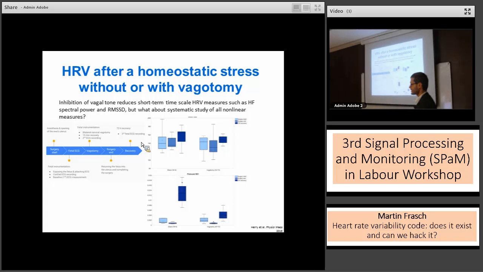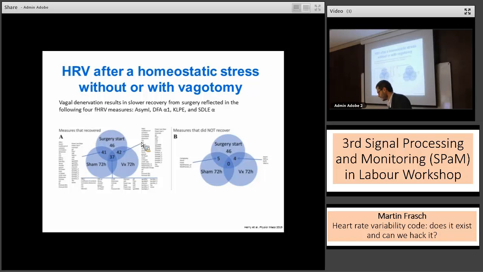But interestingly, there is a distinctive set of changes in heart rate variability features, and we went through the entire zoo of those that are available to us. This is a set of about 51 heart rate variability measures, similar to those you've just seen that we use for derivation of inflammatory index. And there are 4 HRV measures that are distinctly changed due to the vagus nerve removal from the picture. So there is something akin to a landscape change that occurs, but it's not one measure,